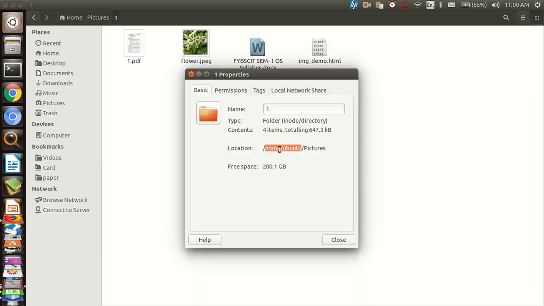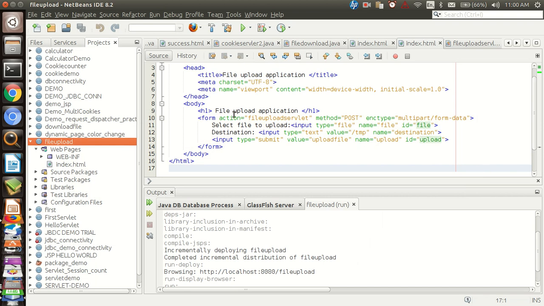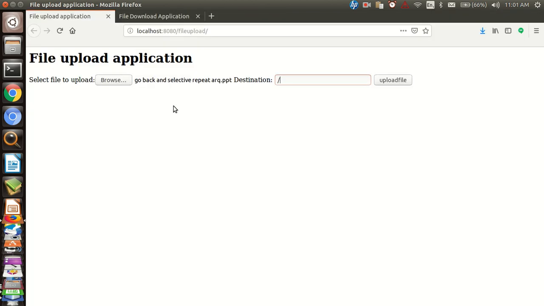Yes, it is home u12 pictures. So I am copying this URL and pasting it over here. The file should be stored in this location. So click on upload.